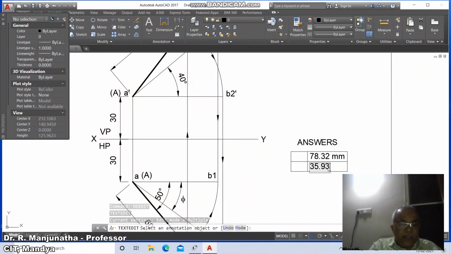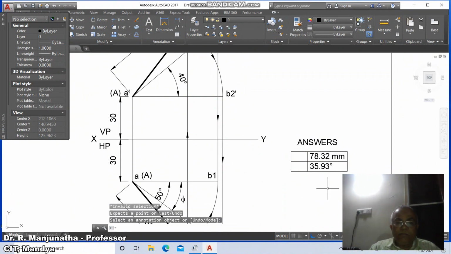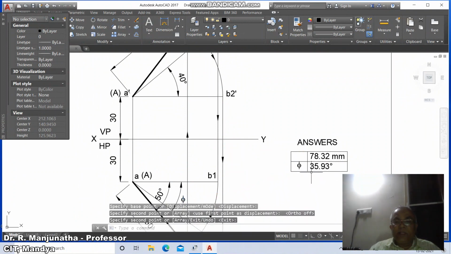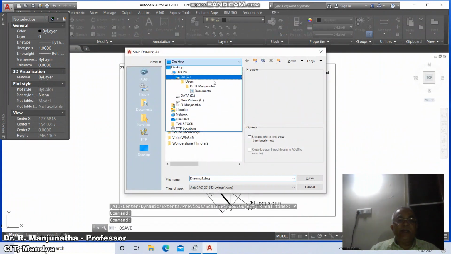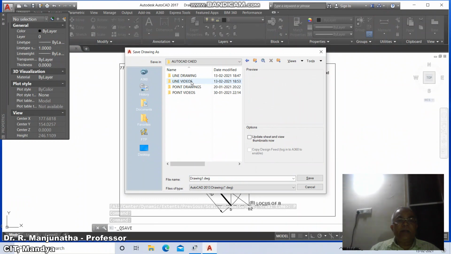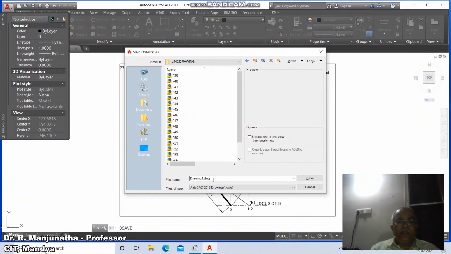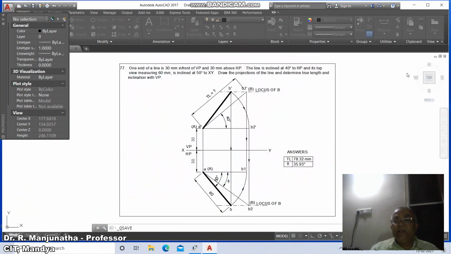35.93%%D to get the degree symbol, then go to copy, select this 5 and copy it to here, and similarly go to dtext, put the caps lock on, type true length and press enter, go to zoom previous. Now we have completed the drawing, then go to save, go to appropriate directory, go to AutoCAD drawing. So here you type capital P 77 and save it, and finally you